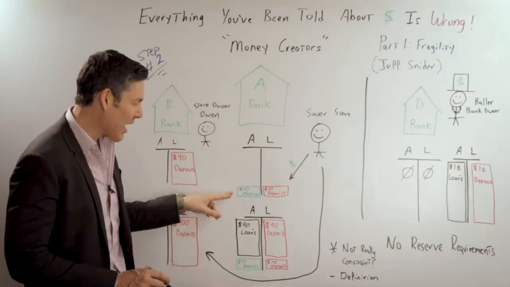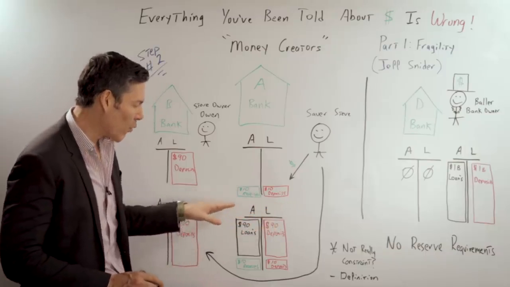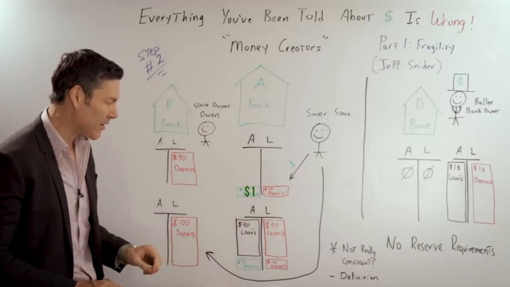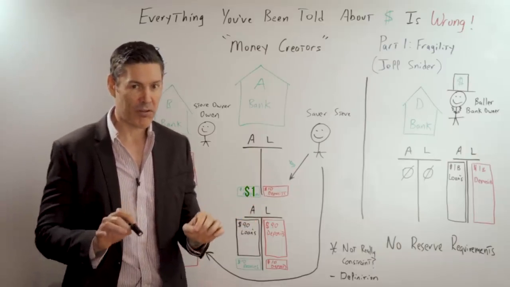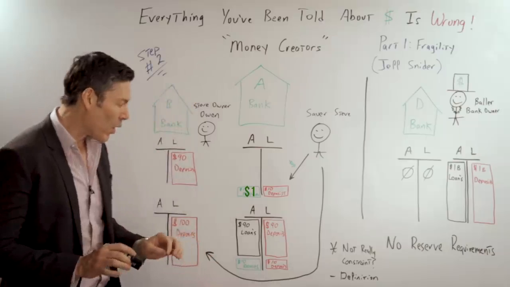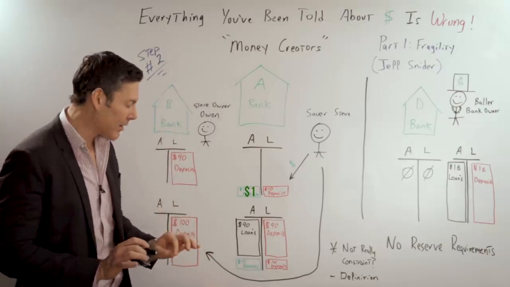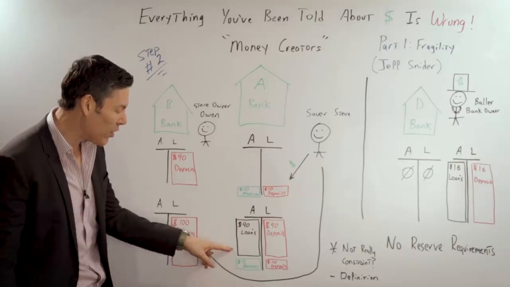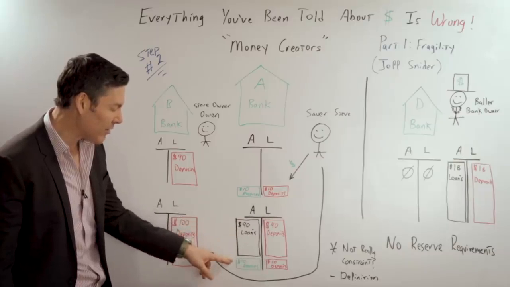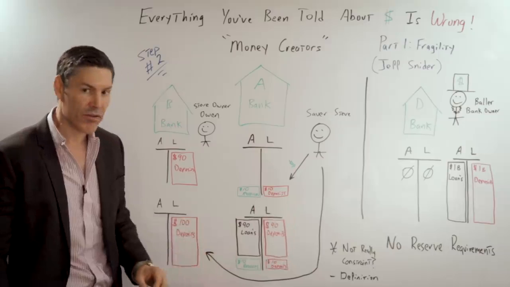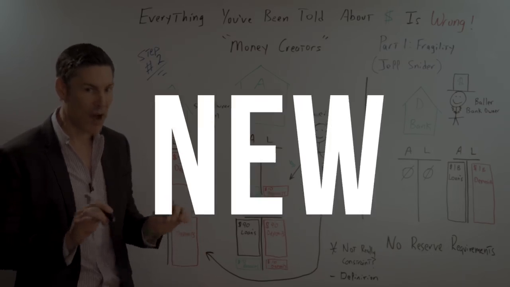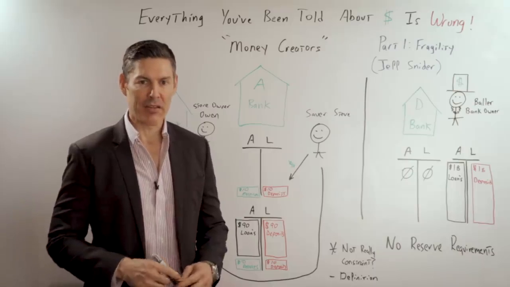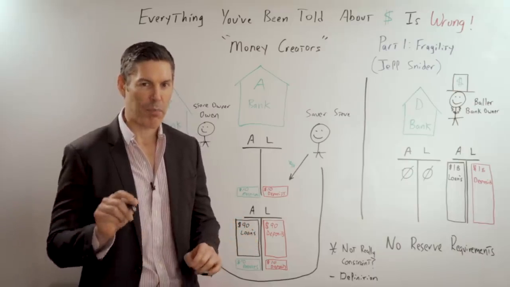Instead of them lending out $9 and having $1 in reserves against that $10 deposit, again, a 10% reserve requirement, what they usually do in practice is they'll just take that $10 in reserves and loan $90 against that, creating $90 in new deposits. To get a better visual of this, let's check out the Bank of England's 2014 report